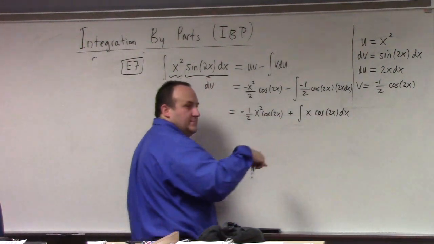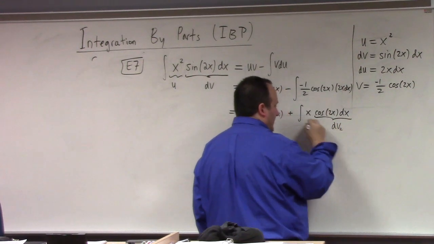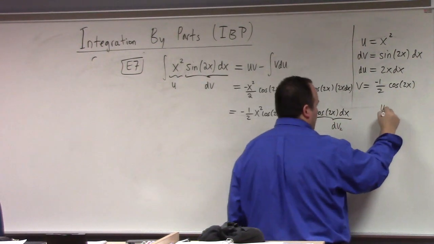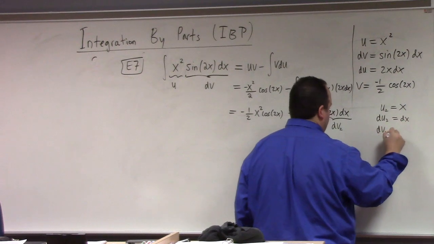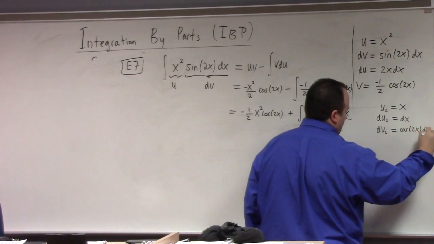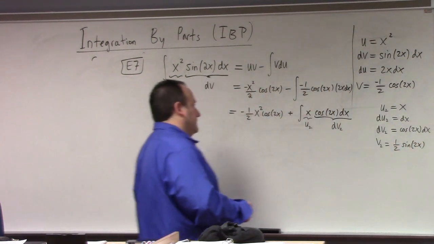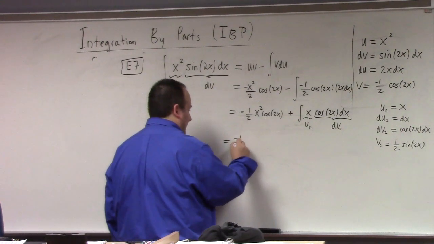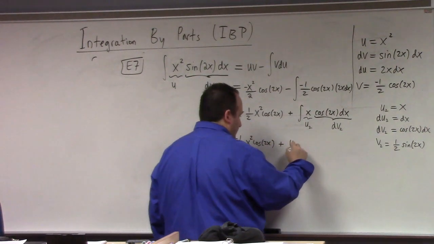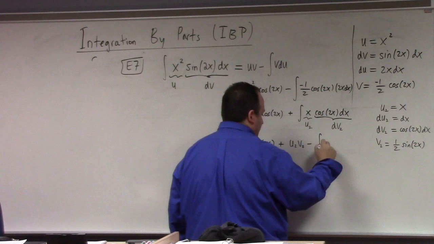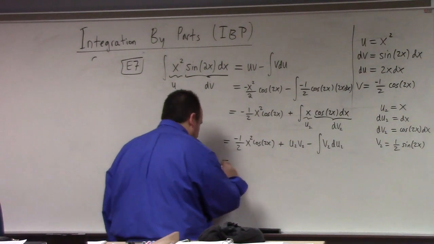Okay, so then what? I integrate by parts again, right? So this time, I'll call x u2, and this dv2. u2 equals x, du2 equals dx, dv2 is cosine 2x dx. That makes v2 1/2 sine of 2x. And so then I do my integration by parts a second time. I'm going to have my u2 v2 minus the integral of v2 du2, which is